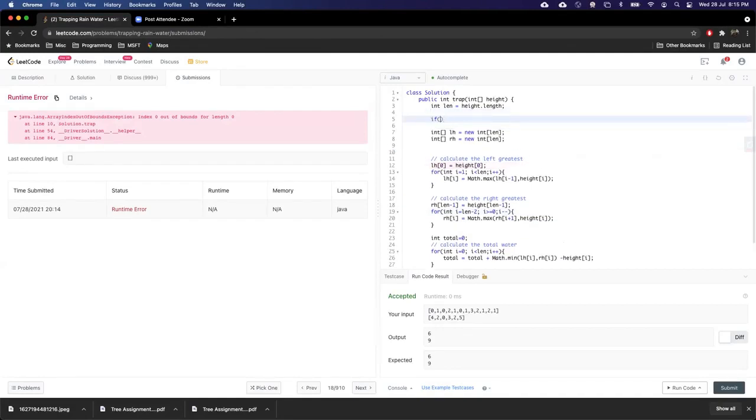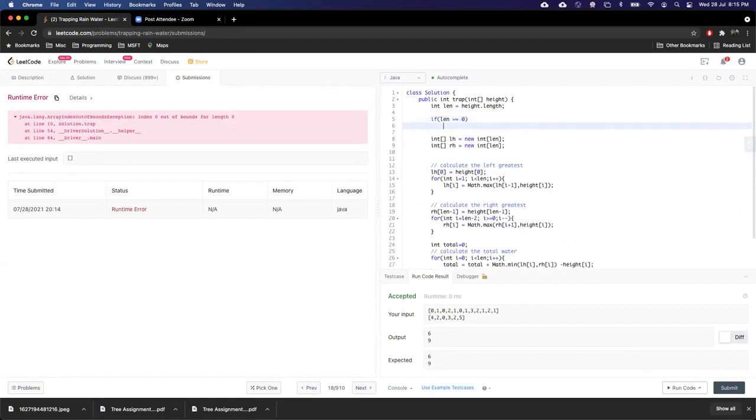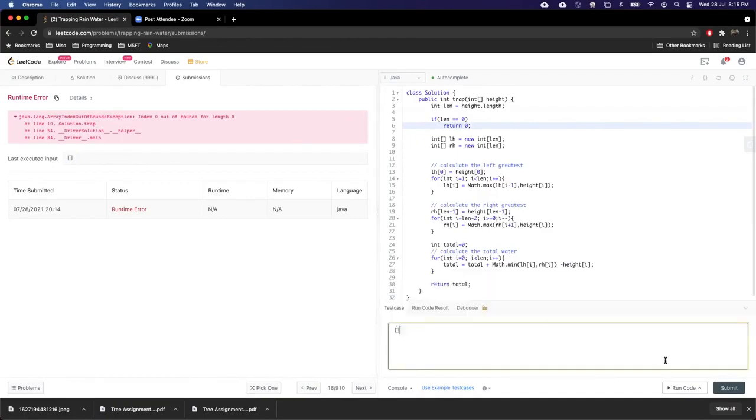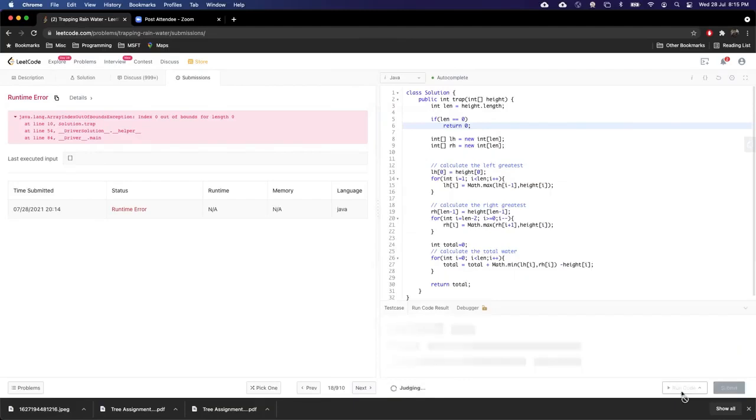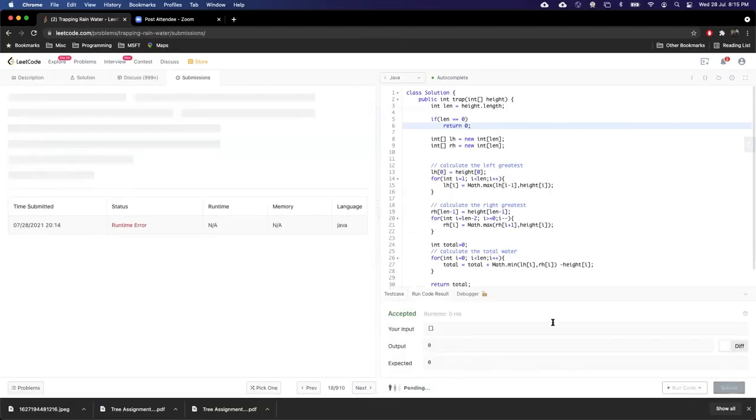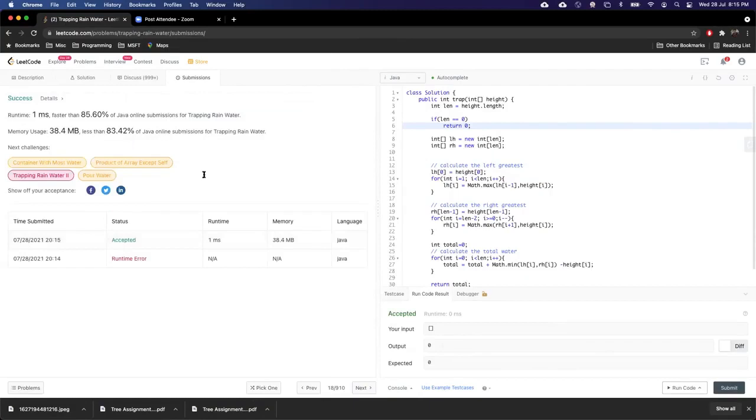Okay, this is what we call an edge case. If length is equal to 0, we'll return 0. Let's see whether it will cover this case or not. Yeah, it is accepted.